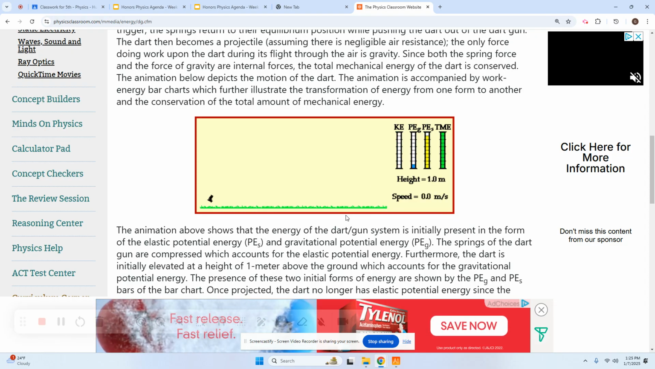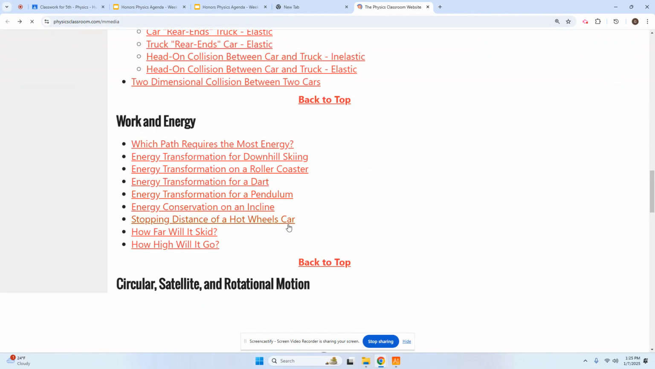TME, total mechanical energy, is a constant because the only thing doing work there is the conservative force of gravity or the spring. And so therefore mechanical energy just stays constant. Now, there's all sorts of other things that you could look at. I mean, there's,